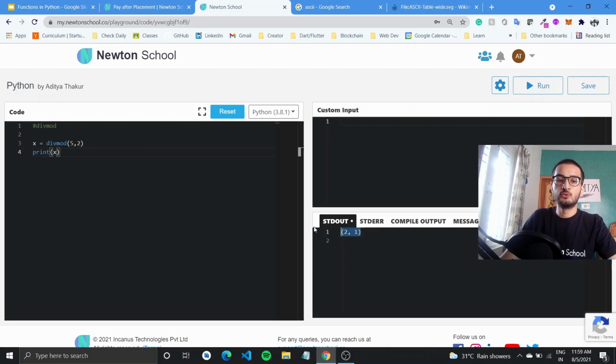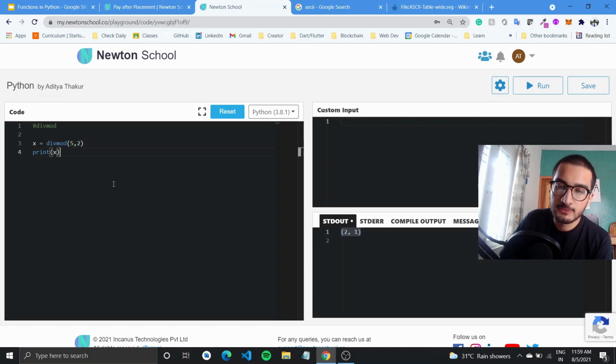And you'll get 2, 1. So what happens is the divmod function returns a tuple. So we have the circular brackets, which means it is a tuple containing the quotient and the remainder when argument 1 is divided by argument 2. So we have the argument 5, which is being divided by 2.